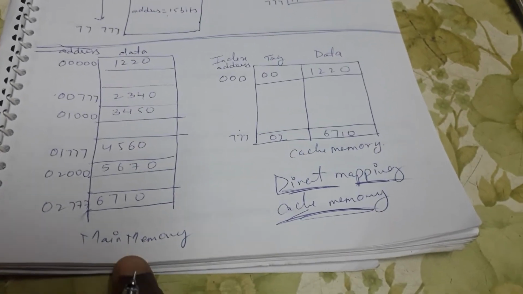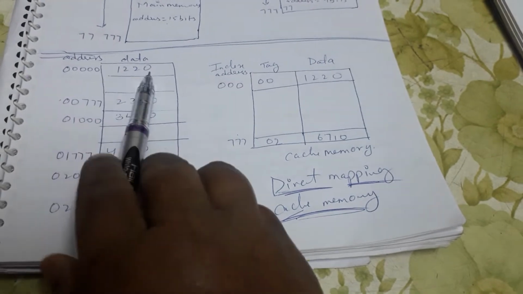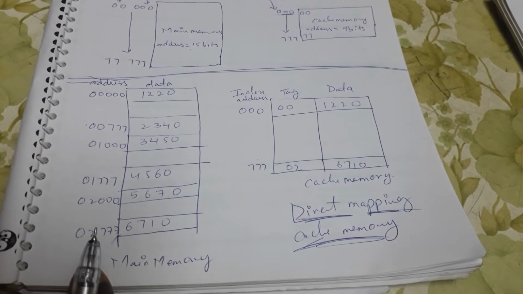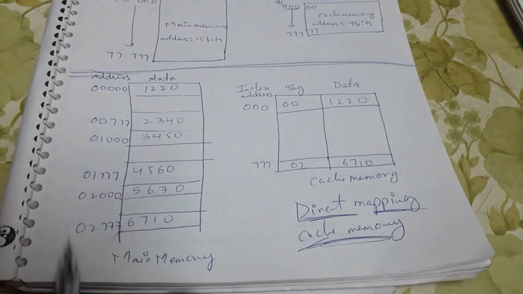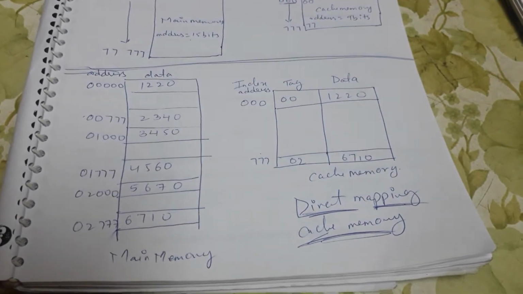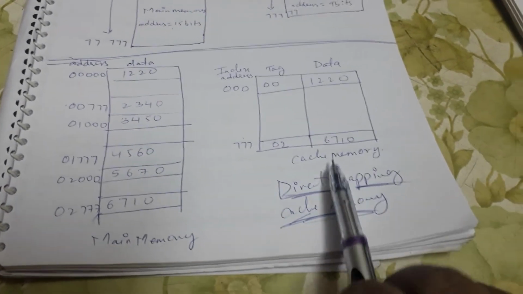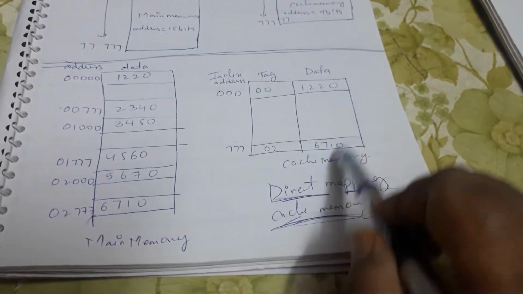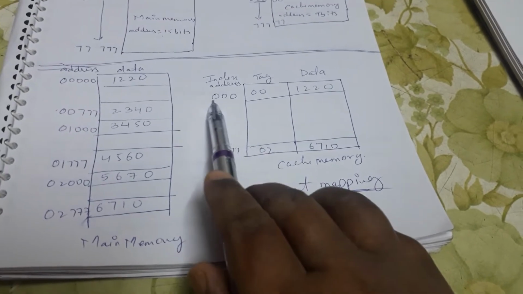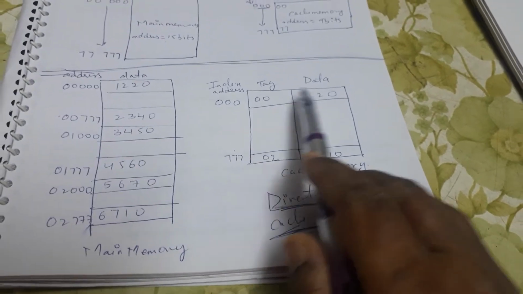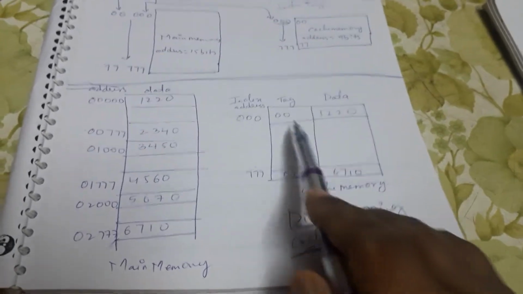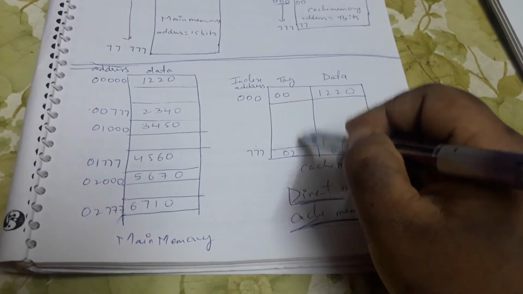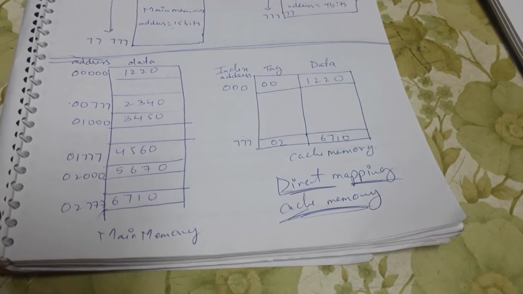If you look at the main memory, this address and data are placed like this. These are all the address parts, and the respective data is placed here. Now if you look at the cache memory, when you bring the same data to the cache memory, this is how it is saved. As I told you, the index is placed first, followed by the tag, and then the corresponding data. All this data is saved like this.